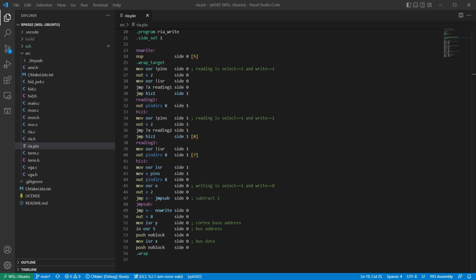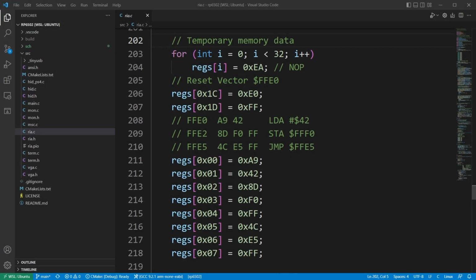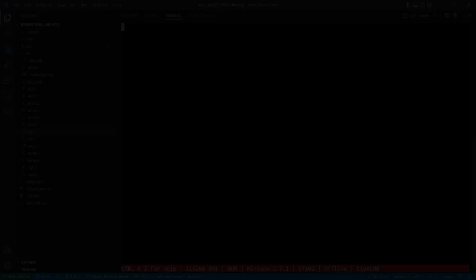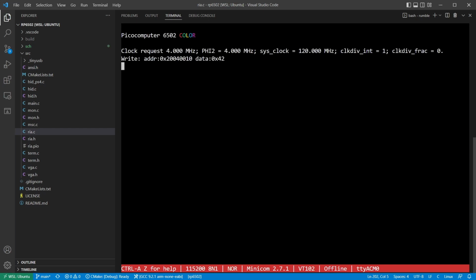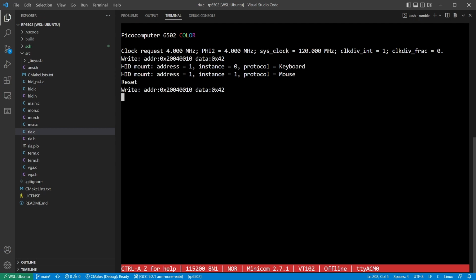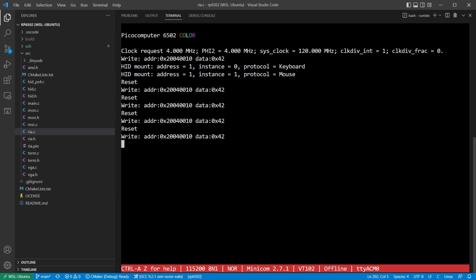Quite often, the testing and instrumentation used when bringing up new hardware is more interesting than the programming, so let's look at that instead. Here's what we're loading into the PyPico's 32 bytes of RAM. It writes a single value, then locks up the processor. I have some debug code that lets me press F1 to reset the 6502. If all goes well, we'll get a single write upon first boot and a write every time I press a reset. To verify this, instead of hooking up the DMA, I can temporarily intercept the FIFO and print it to the terminal. Here's what it looks like when everything works. This is much easier than using the logic analyzer.